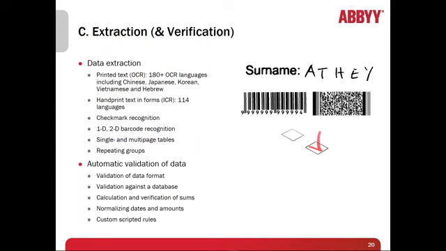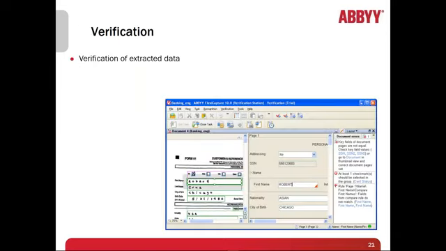We validate the data. We know that if the area that the data is being entered is, say, an address field, we're going to tell the system that that's an address. It would not expect a state value to be entered in the address field. It would look for something like 100 Main Street. We can do things like database lookups against those different fields as well to, what I call, smarten up the data extraction for that particular field.